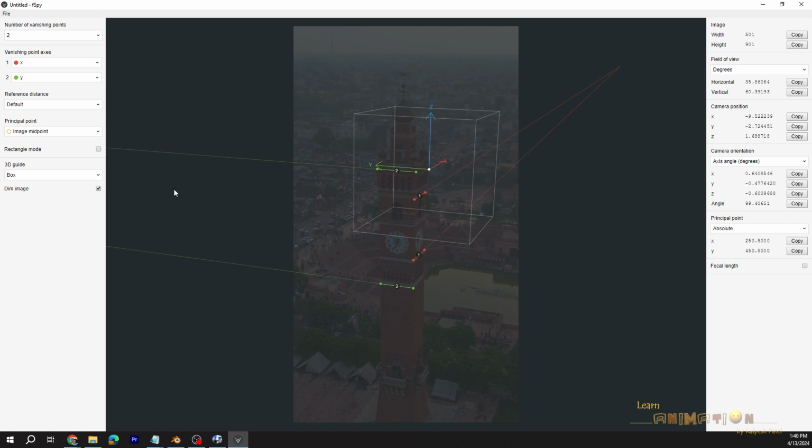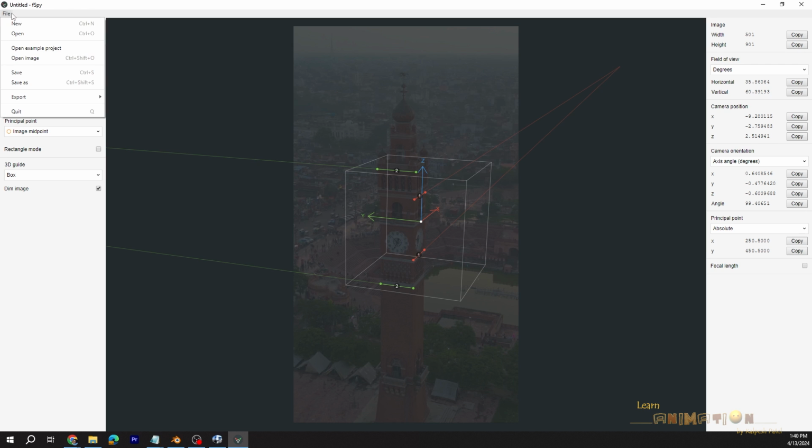Just click on this box, so the box will appear. Just click on the box and you can move here to match the right perspective. See, if you move down there also you can see the vertical and the horizontal lines are matching perfectly. So if you feel that this is okay, then we have to just save the file.